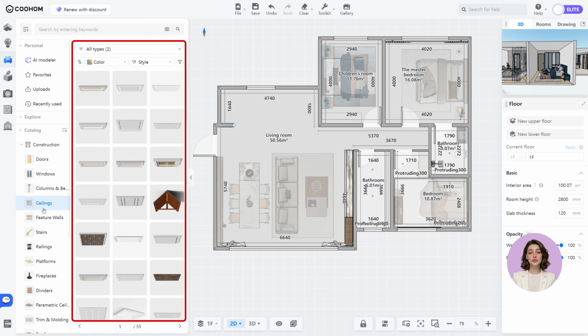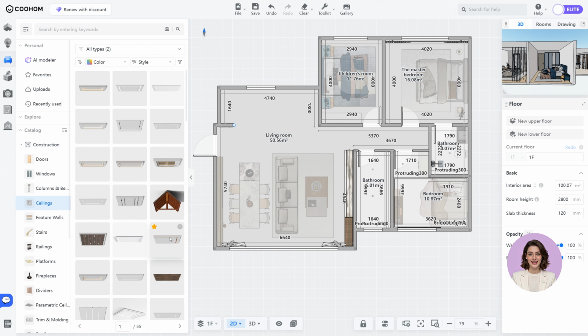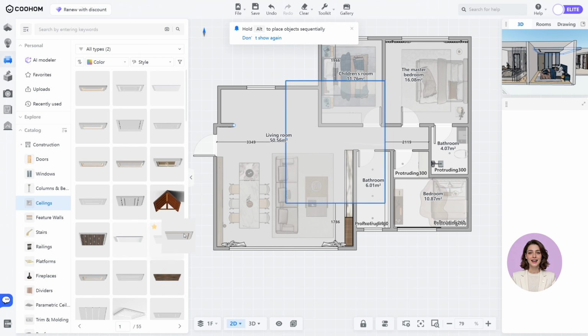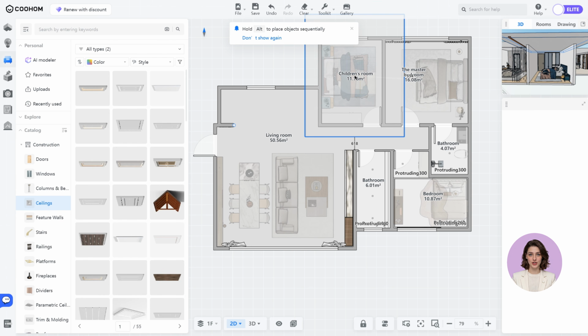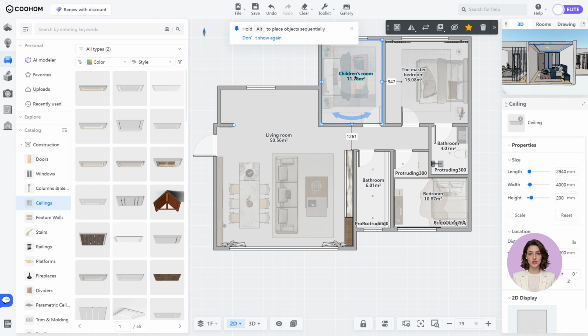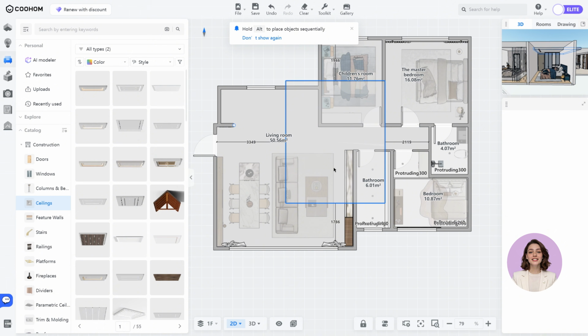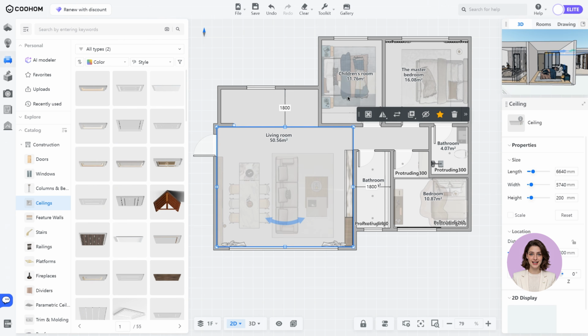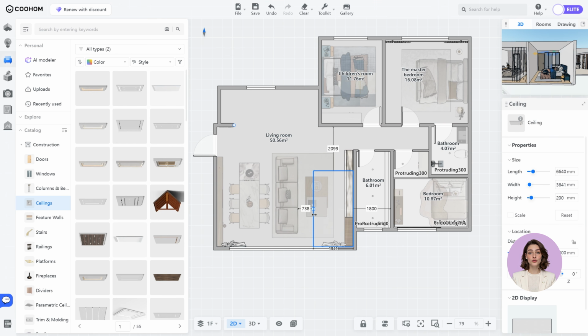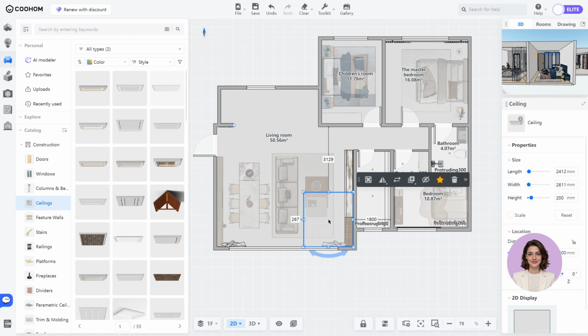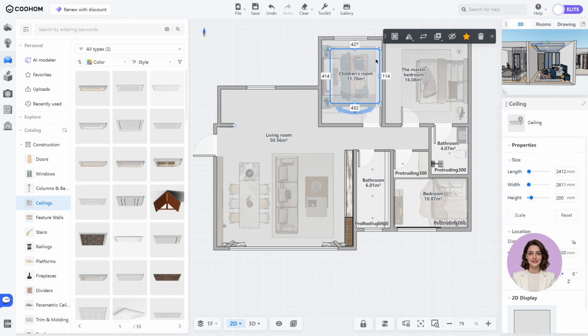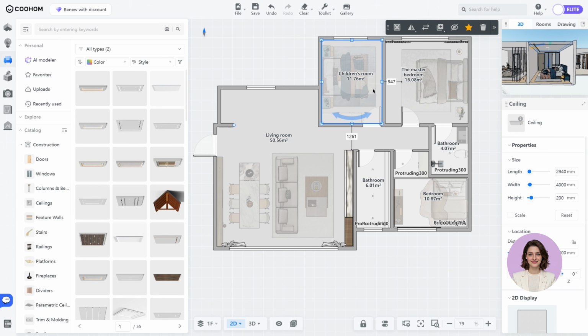Here you can see a wealth of ceiling materials. Click on the desired ceiling and drag it to the target location. The system will auto-match the room dimensions. If the ceiling model is relatively large, the system will automatically place it in a larger area. You can manually scale down the model first before dragging it to the target area. Then click Auto Match in the pop-up window to finish placing it.